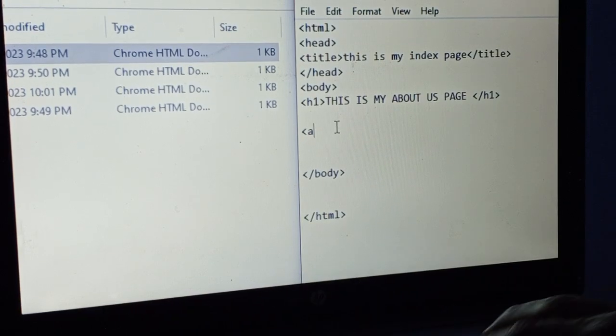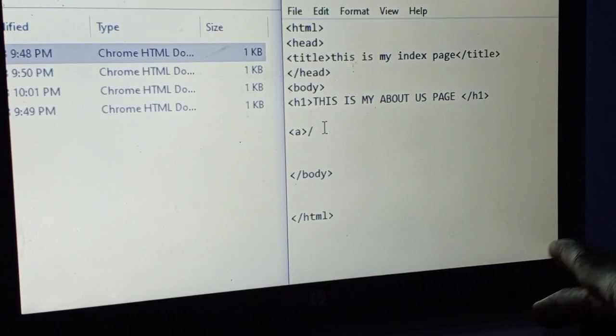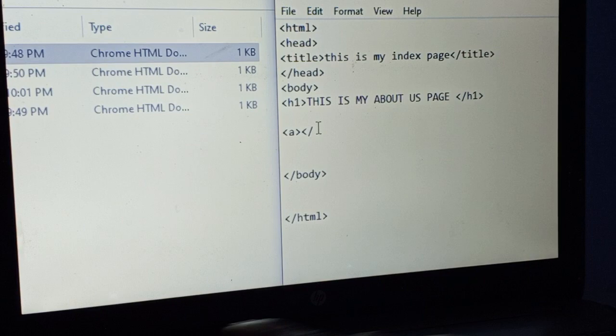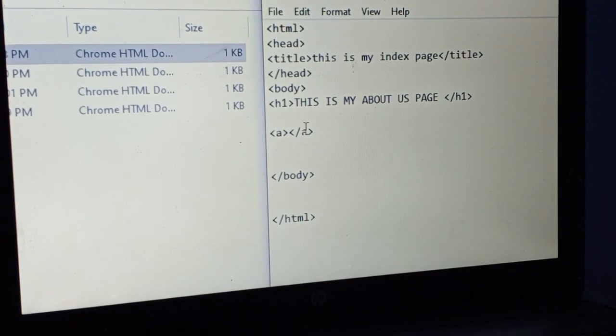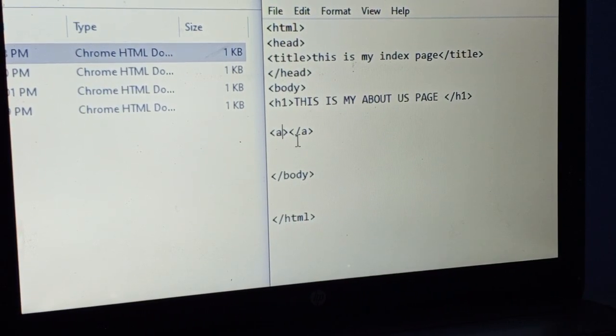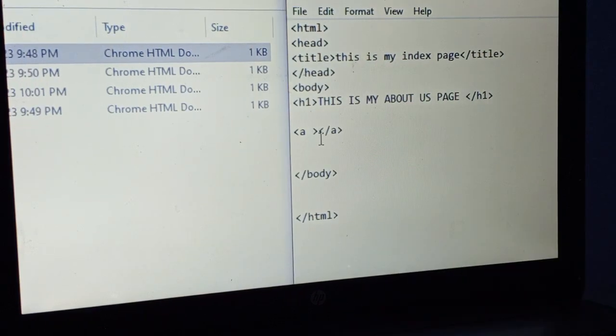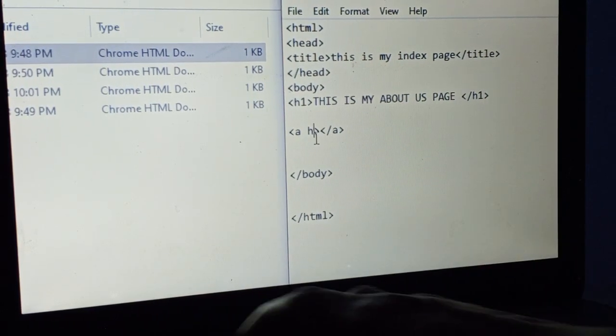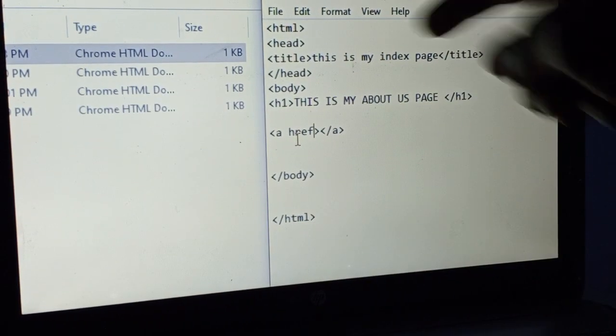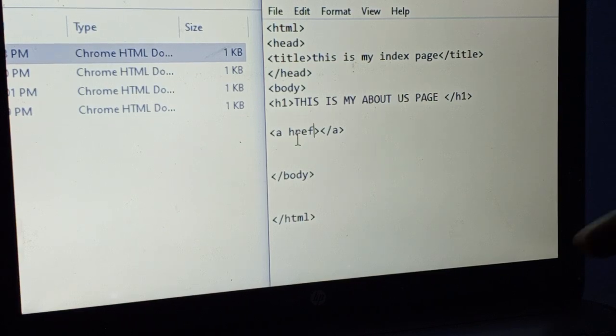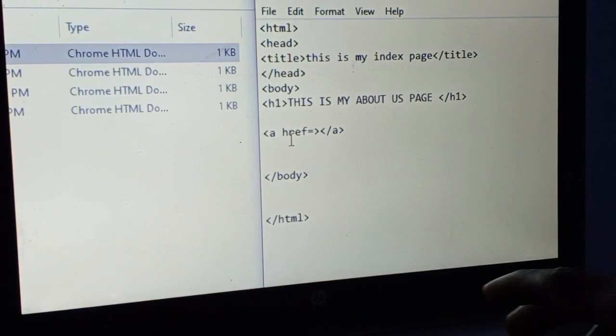Right here now, we're going to put another link there. A, the anchor link, okay? So right here now, we press space bar. Then we put href. We're going to link this particular About Us page back to the home page. href is equal to double quotes open,